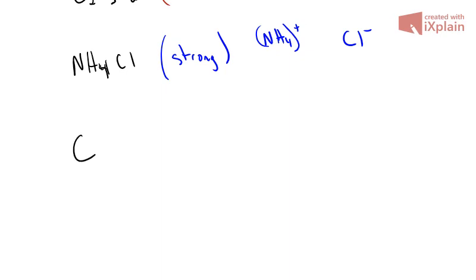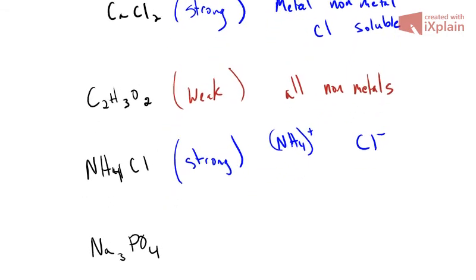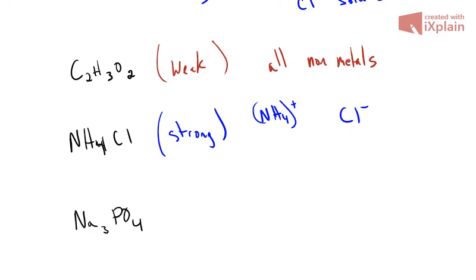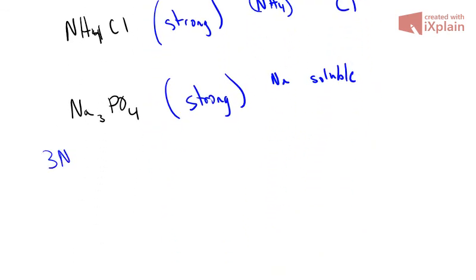Let's do Na3PO4. Okay. This would also be a strong electrolyte. Okay, it is a sodium salt, so it will be soluble. Also, let's look at the number of things it's going to break up into. It's going to form 3 Na pluses and 1 PO4 minus. Okay, that is a total of 4 charged